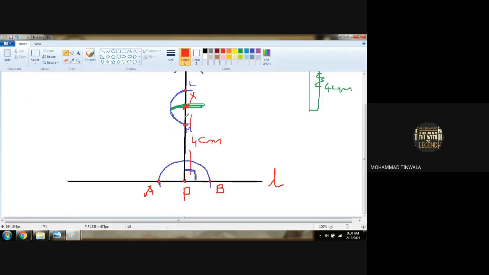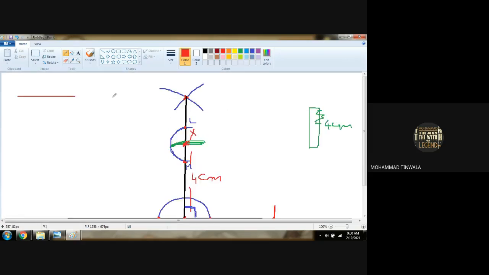Now open the compass and pencil with the bigger measurement. We have opened the bigger measurement. So we will take the bigger measurement, taking point M, and draw an arc on the top. Taking the same measurement, taking point L, draw an arc on the top in such a way that they intersect with each other. Now give this intersecting point the name Y, for example. Now what we will do? We will join Y and X.